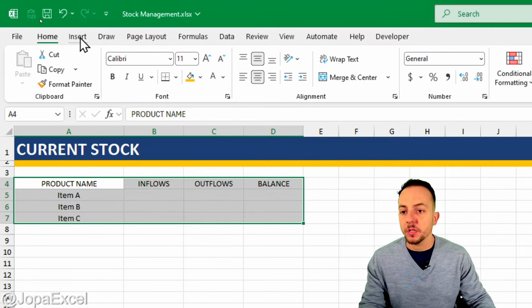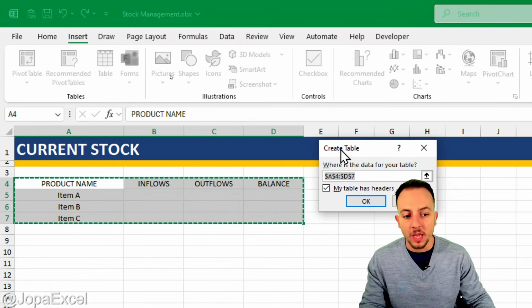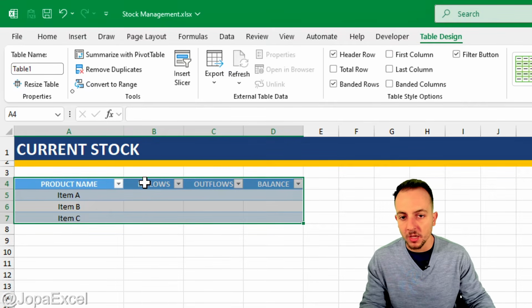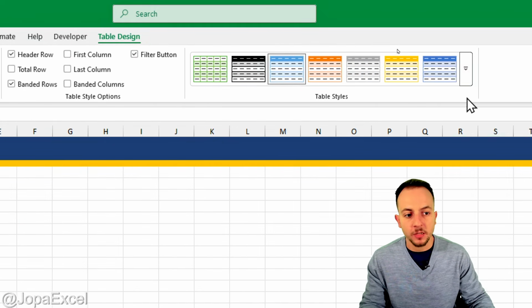Now I can go into the Insert tab, and then I can create a table. A table has a lot of benefits, and I'm going to show you some of those benefits and why I like to use a table in Excel instead of just a data set. Let me enable, of course, my table has headers, okay? And that's it. The first benefit that a table has is you can go here under the table design and